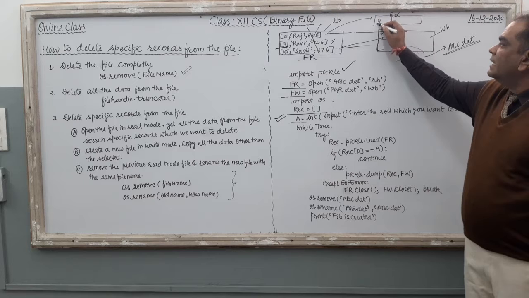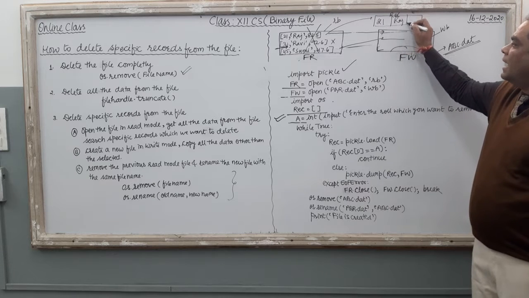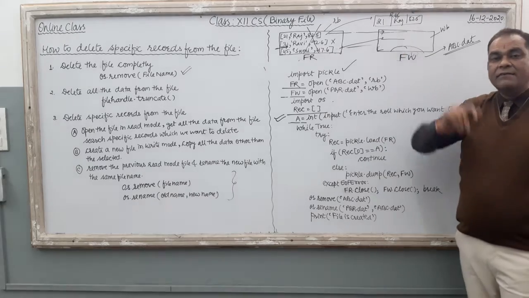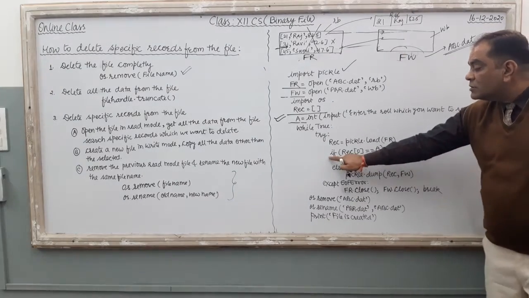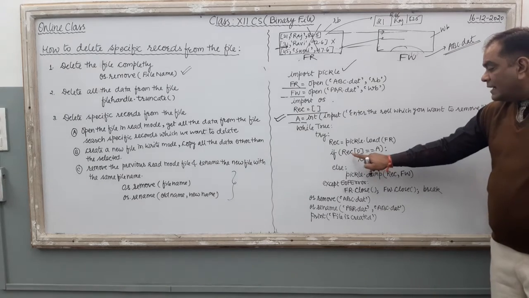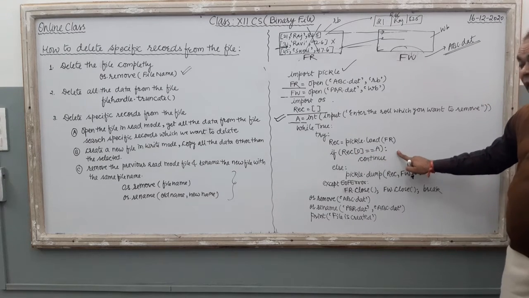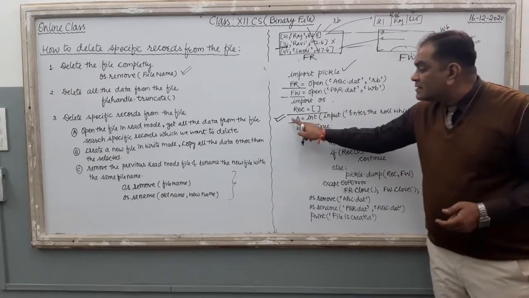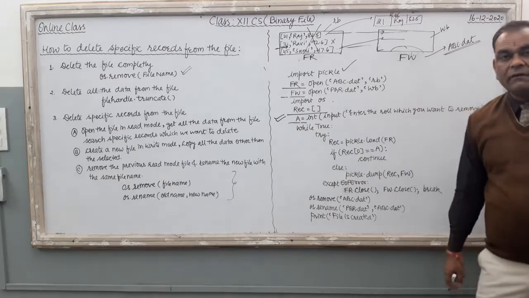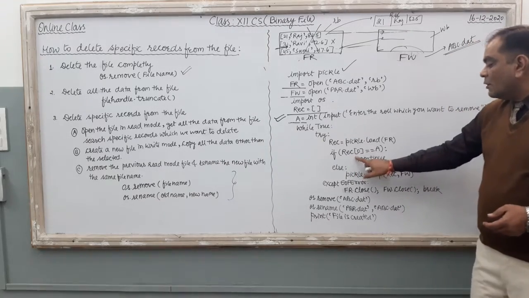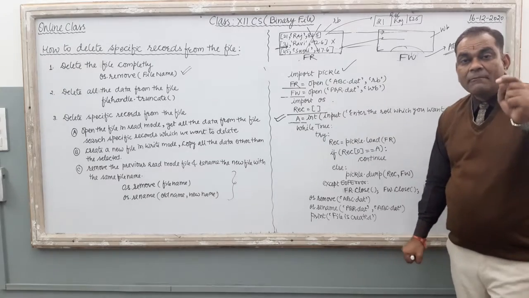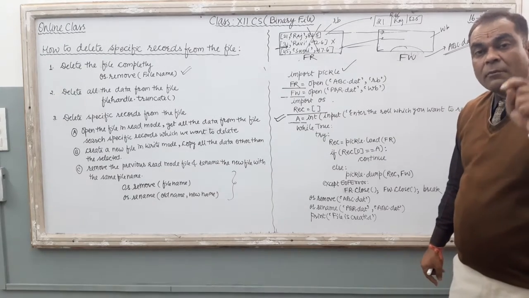variable now, and then the data is 21 RAJ 82.5. The first record data, it is available in the REC variable, right? Now just search. If REC 0 means roll number, REC 0 equal to a क्या है यहाँ पे? यूजर जिस रिकॉर्ड को डिलीट करना चाहता है उसका रोल नंबर उसने a के अंदर स्टोर किया हुआ है, राइट? सो REC 0 इक्वल टू a, अगर सेम रिकॉर्ड मिल जाए, सेम रिकॉर्ड वाला, सेम रोल नंबर वाला रिकॉर्ड मिल